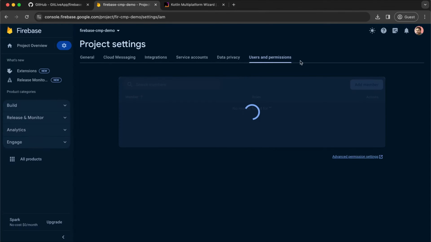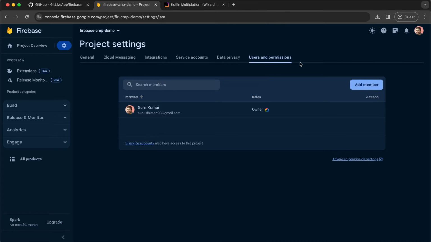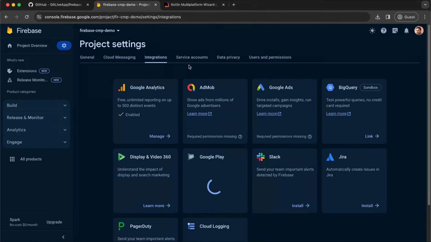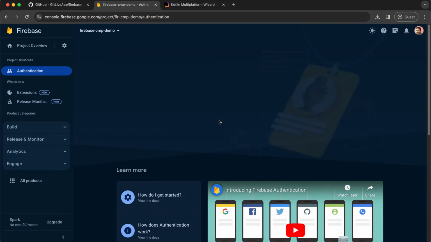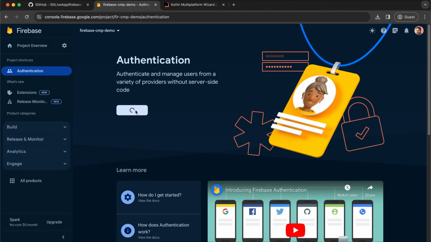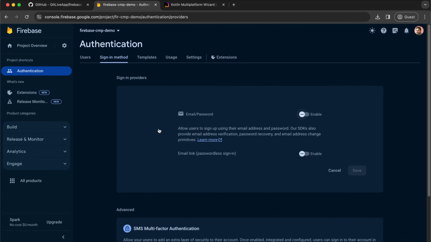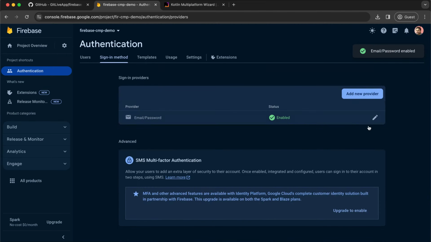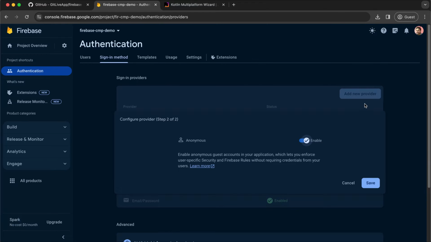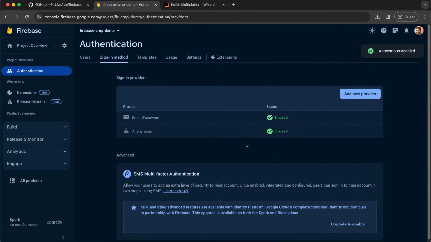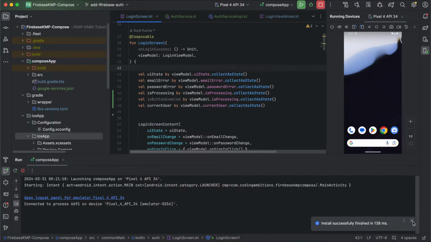so if you go here, this is for owners, this is for integration. So we need to go in the authentication, and then what we need to do is get started. So we can enable email and password, these providers, right? And we can enable anonymous as well if we need to use it, otherwise we can omit this. Okay, so now let's